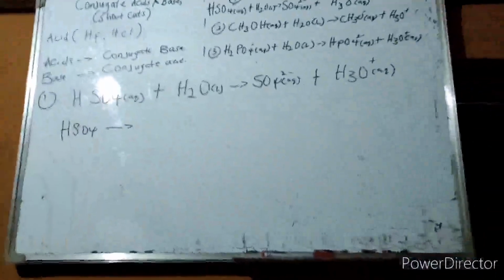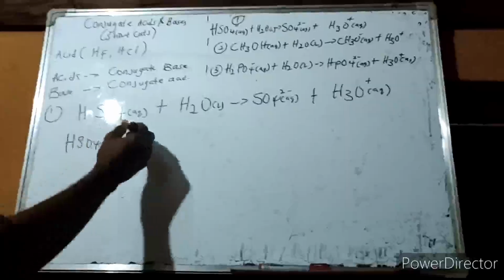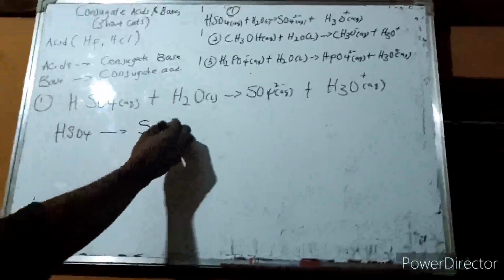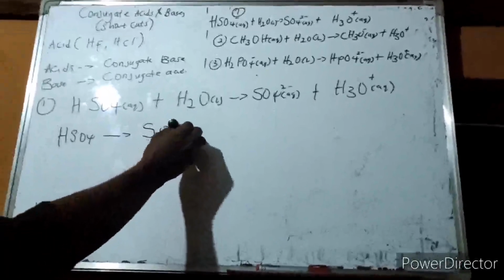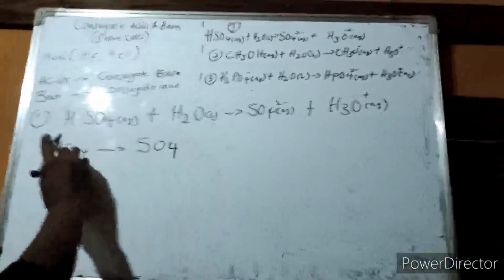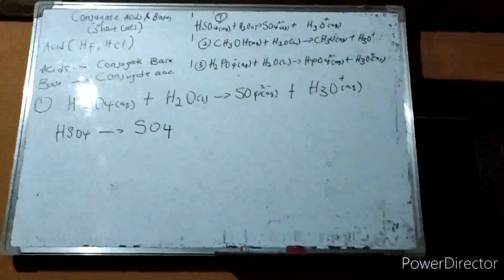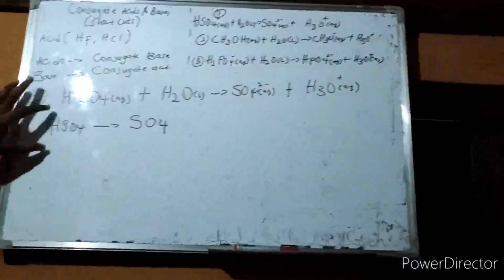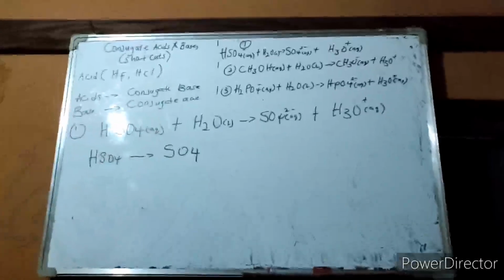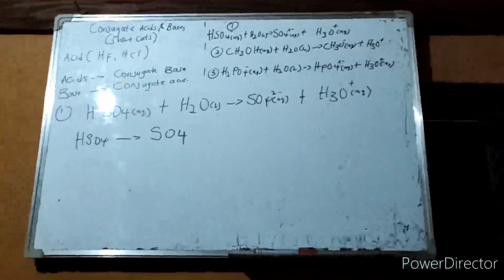Now when you remove the hydrogen from HSO4, you are going to have SO4. When you remove this hydrogen from SO4, you are going to have SO4. That's what you are going to have. Then